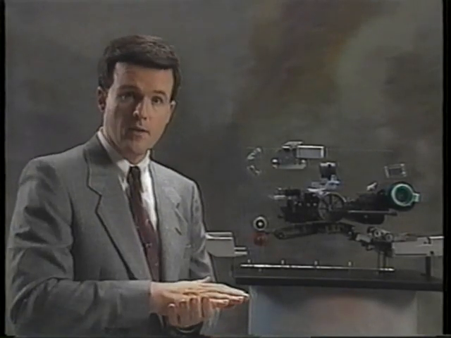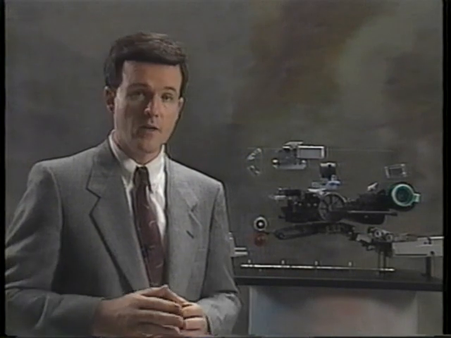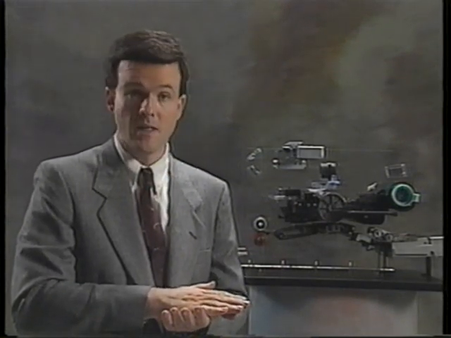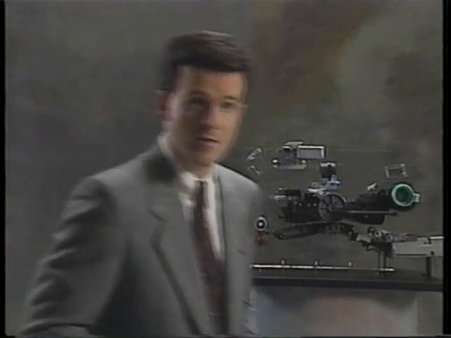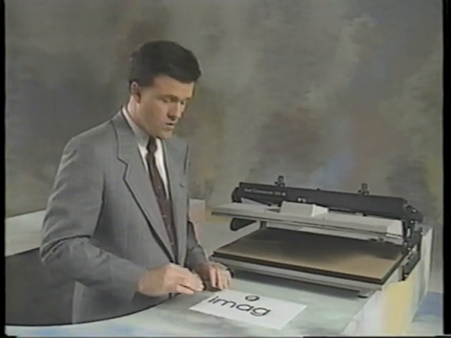The rollers press together, and the top one is heated. Remember, toner is made from a type of resin. It melts at about 180 degrees Celsius. So with this combination of heat and pressure, the toner is both melted and pushed into the paper. The combination makes an excellent bond. It happens like this. For the purpose of our demonstration, here's a sheet of paper with a toner image on